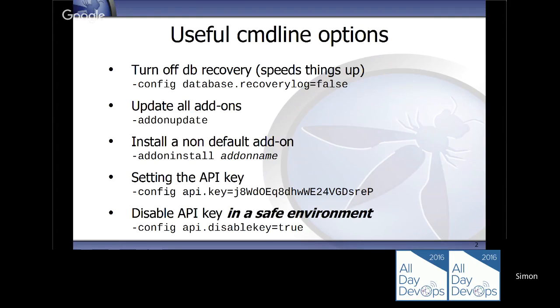In automation, this isn't quite so useful. If something goes wrong, you're better off fixing the underlying problems and running it again. So we actually recommend turning the recovery log off via that config parameter. And one of the advantages of that is it speeds things up, and speed is always key when it comes to automation. I also recommend that you update all of the